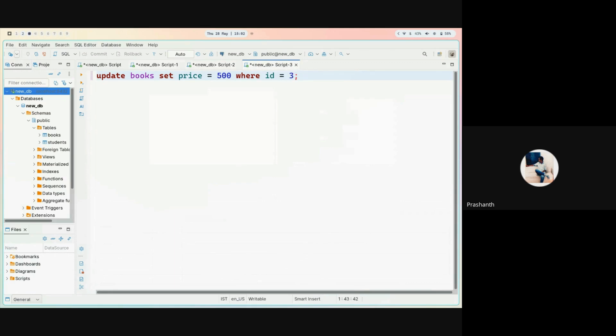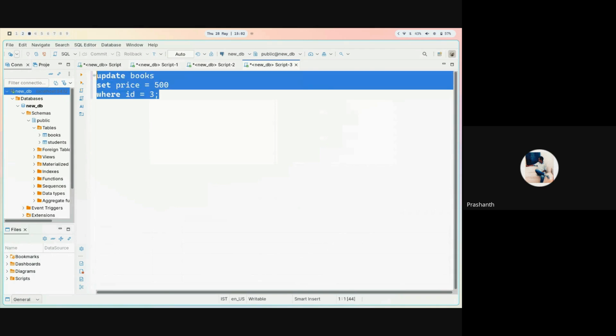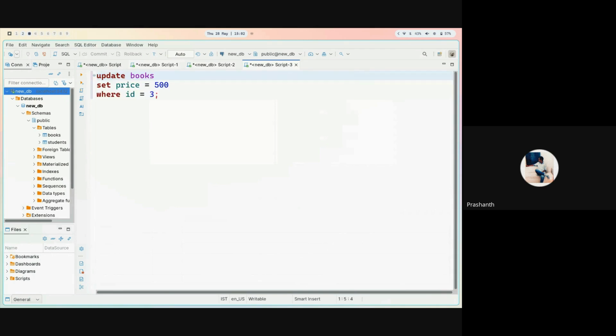So in this syntax, if I can break it down, the update will work on the whole part. The update clause is used for the table name, and the set clause is used for the column which we want to update. And the where clause is used for the conditional statement.